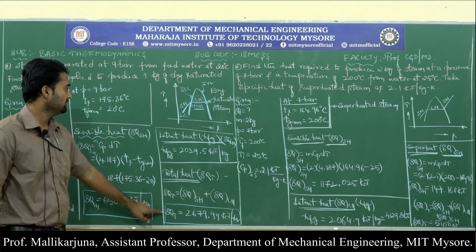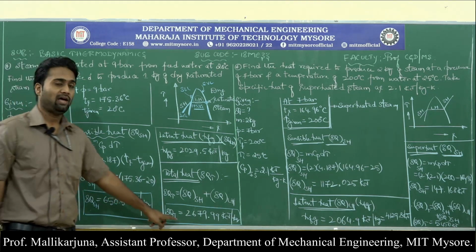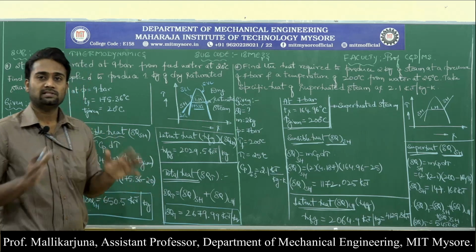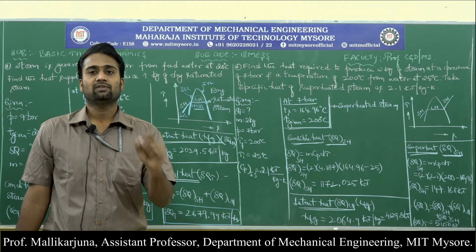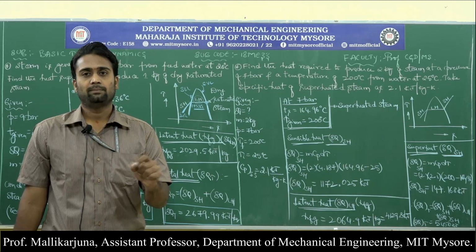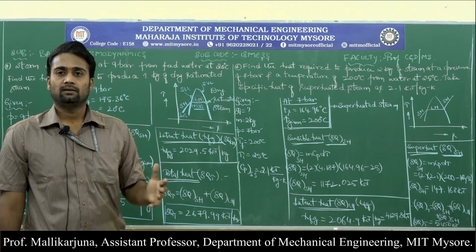So this is what is the question that they have asked, delta Q. So that is what we have calculated. So it is very simple. Initially we need to look for the condition of the given substance. Based on that we need to formulate the answer.